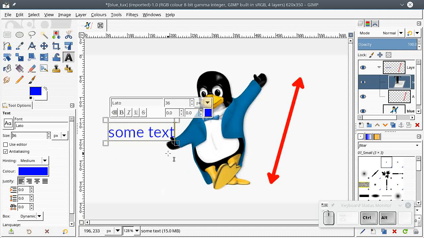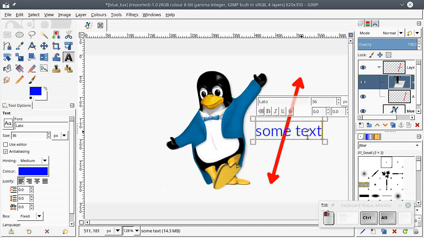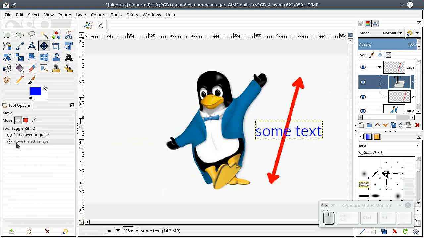Two ways of doing that. I can hold Ctrl-Alt down if I'm still in the text tool, moves it like that, or using the Move tool, move the active layer, because there's lots of transparency in there, makes it easy to move. Now I need to rotate it,